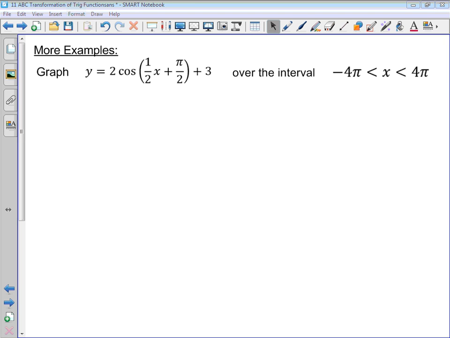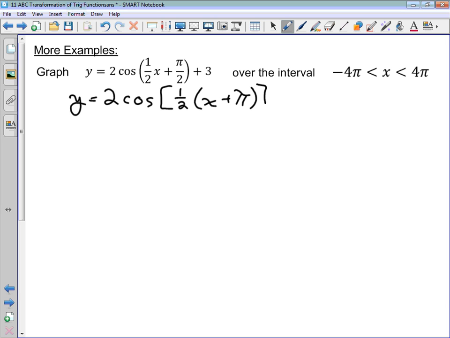So in this example, we are asked to graph the function y equals 2 cos(1/2 x + pi/2) + 3 over the interval negative 4 pi to 4 pi. First thing I'm going to do is put this into our standard form. So I'm going to factor out the 1/2 to get 2 cos 1/2, and then in brackets, x plus pi